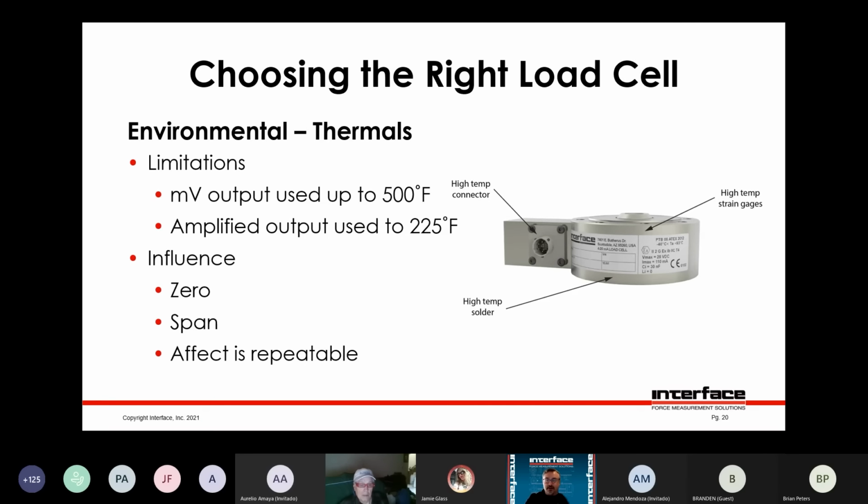Again, if you have temperature cycling or swinging during a test, that can influence the measurement accuracy. So it's good to understand what temperatures are being encountered during the test, and we can certainly help you take steps to mitigate issues related to that if we know about it. Load cells can be in an oven, for example. It's very important for us to know that. We're trying to discuss with you what the appropriate load cell is.